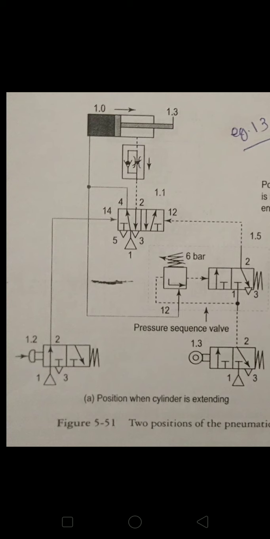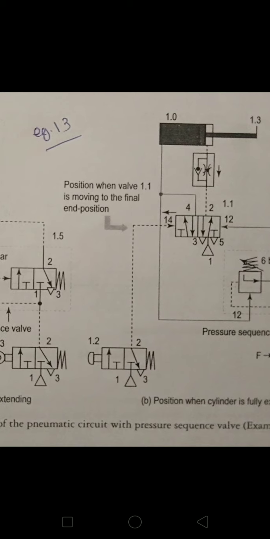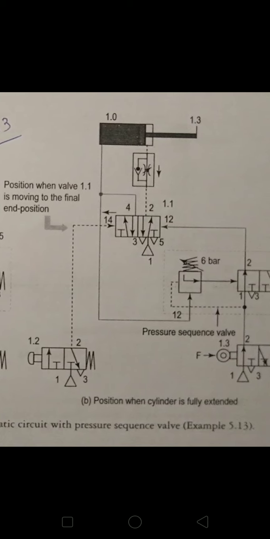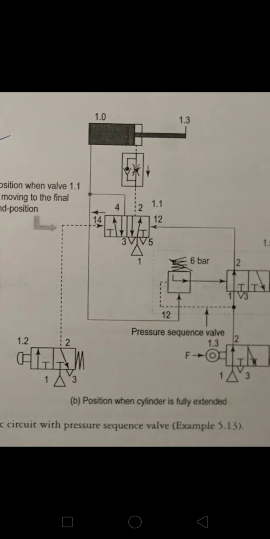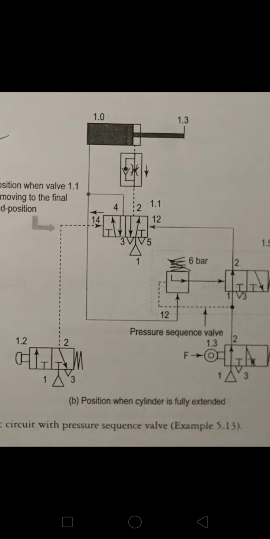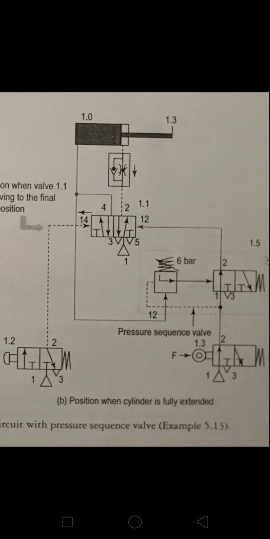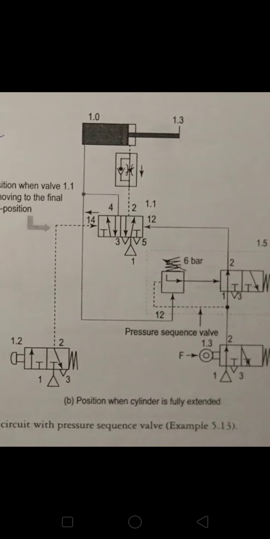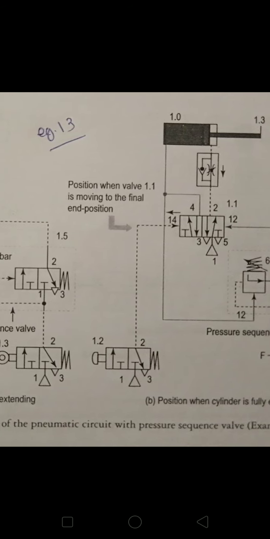So here it is extending, and now it is fully extended up to 6 bar, right? That's why at the 5/2 DC valve you can see from 2 towards the left is a dotted line. In the pneumatic circuit to implement the given task, the pressure in the sequence valve is set to the working pressure, and the signal input to the pressure sequence valve is tapped from the power line from port 4 of valve 1.1 here